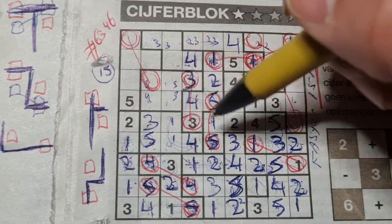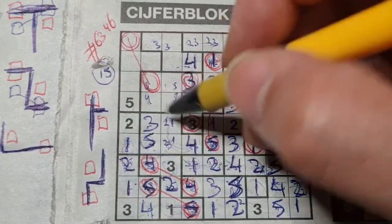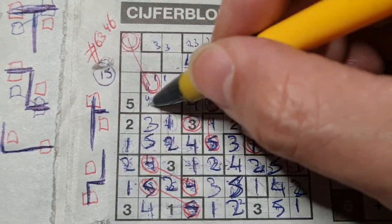Well, let me go up. 1 and 2 are missing here. Let me mark those. 1 and 2. We have a 1 there, so no 1 there. 1 should be here, and the 2 goes there. These 2 boxes can be 1, so the 1 could be here, could be there. And these 2 boxes can be...